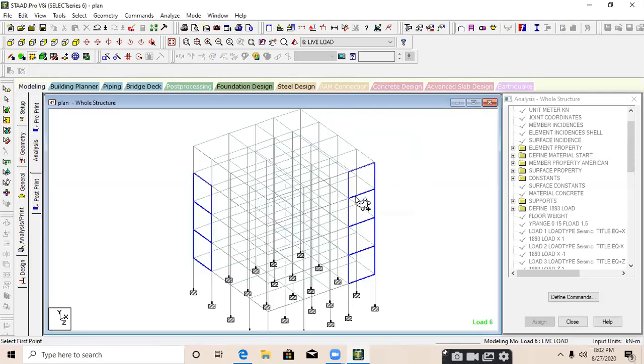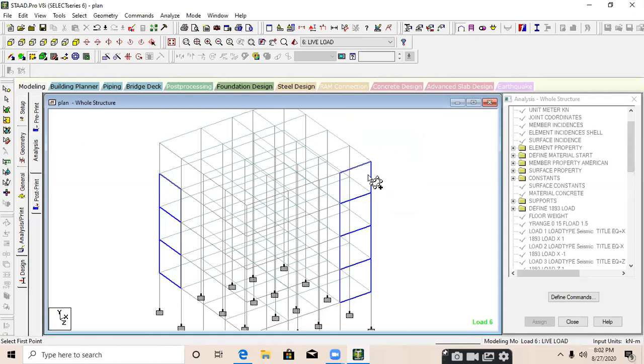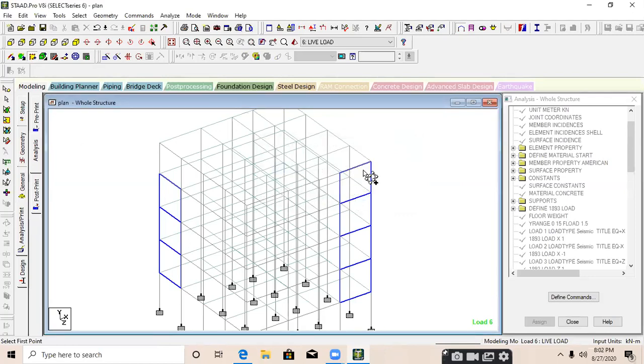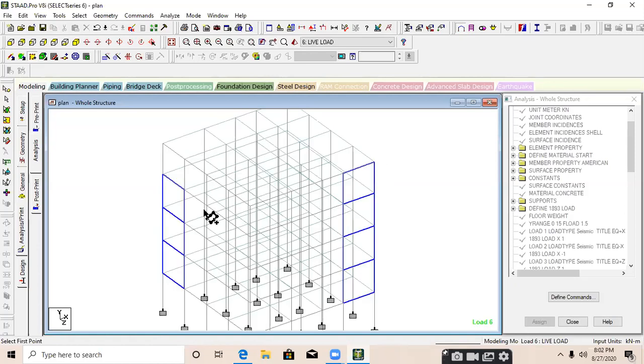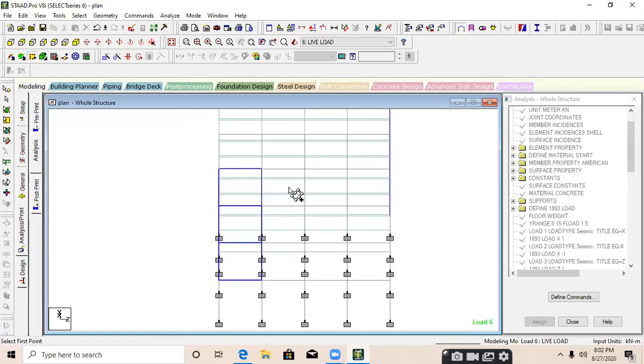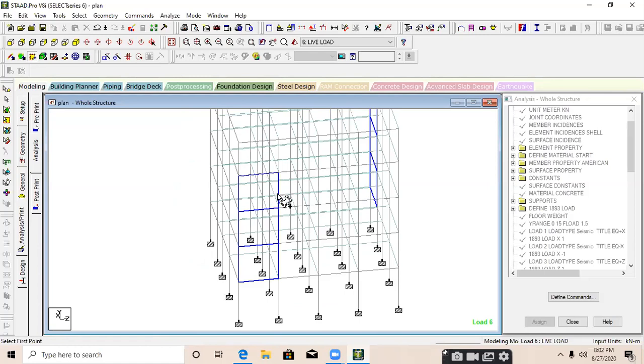We have created that particular shear wall. So I think this may be a right edge and this will be a left edge according to my side. And it is clear: this particular side is a right edge, and this particular side is a left edge. If I am talking about these plates, this will be a right edge and this will be a left edge.